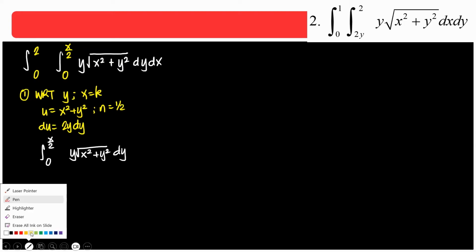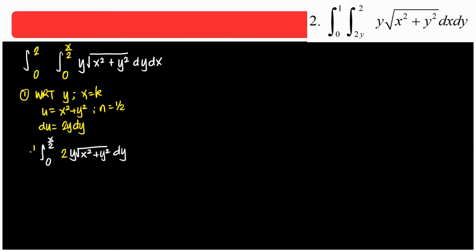You know that from the top, all you need is 2 in here. So let's bring out 1/2. So this is 1/2, and then x squared plus y squared to the 3/2 all over 3/2, coming from 0